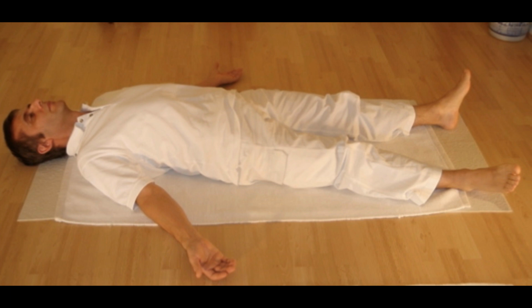Now the whole right leg, whole left leg, both legs, whole right arm, whole left arm, both arms, the whole of the back, abdomen and chest together, the whole trunk of the body,